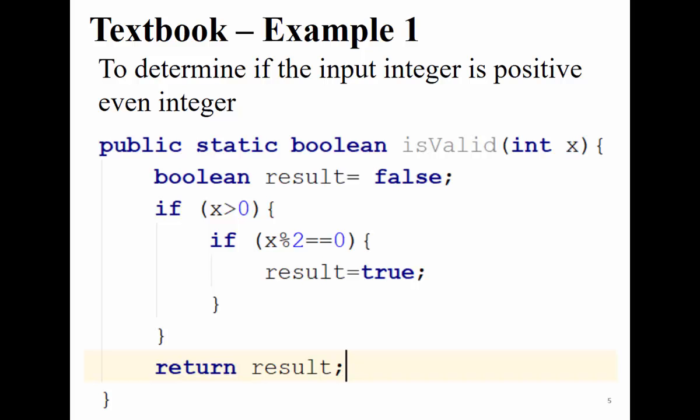Everything, guys, is not about if I change. It's about the question. The question is saying you receive integers and you determine if this integer is positive or negative, and we have to return boolean true or false if the integer is positive. Now if I ask you differently, I ask you to print a message, okay? If the integer is, you have to print a message, okay? You have to use printing a message, okay?